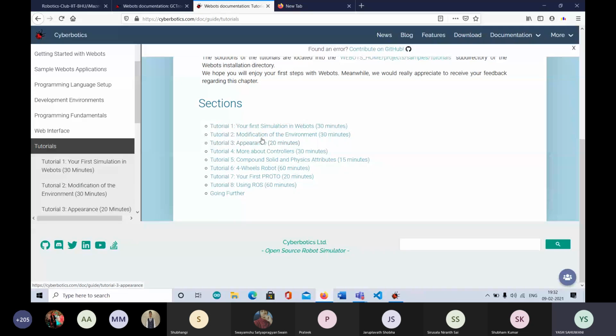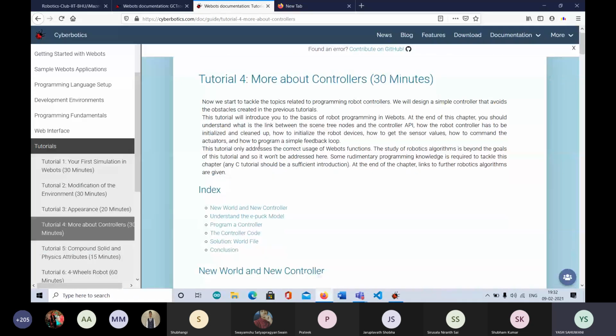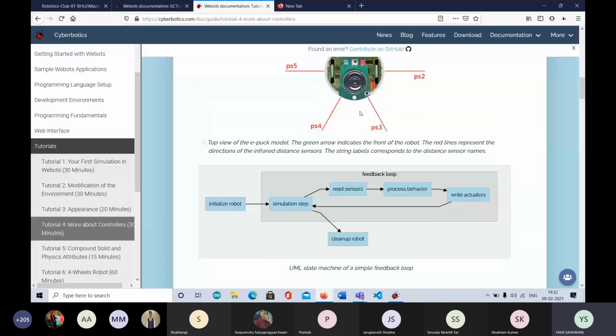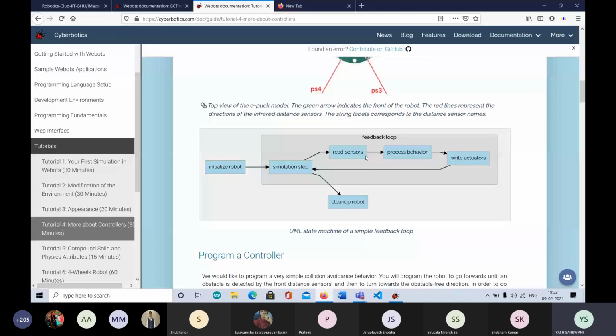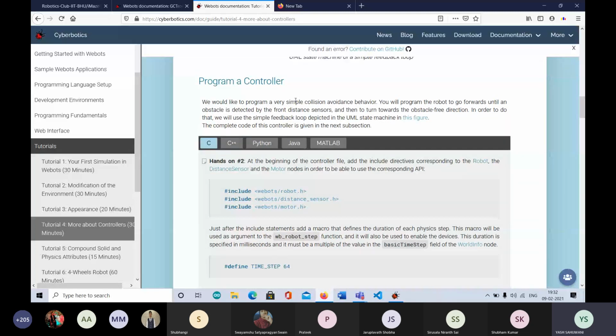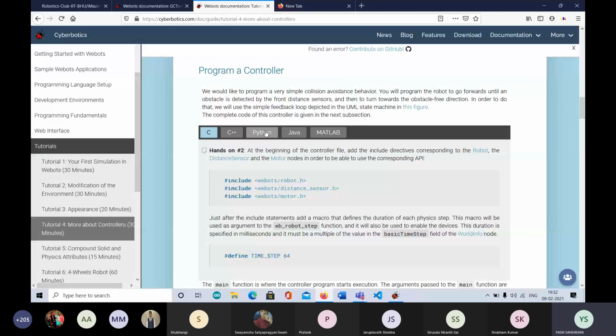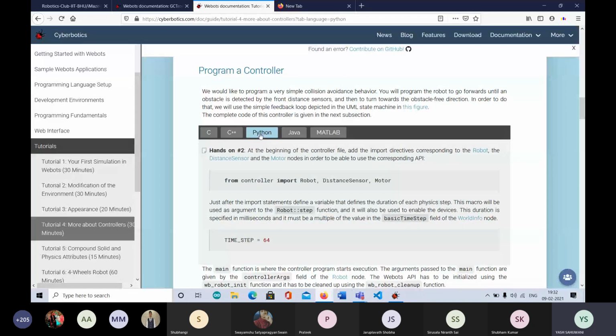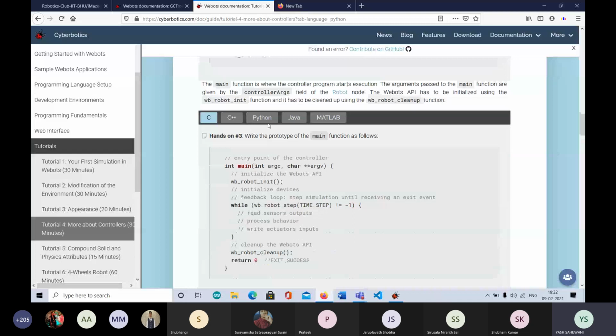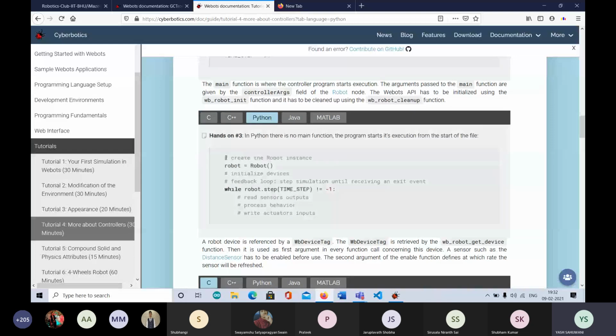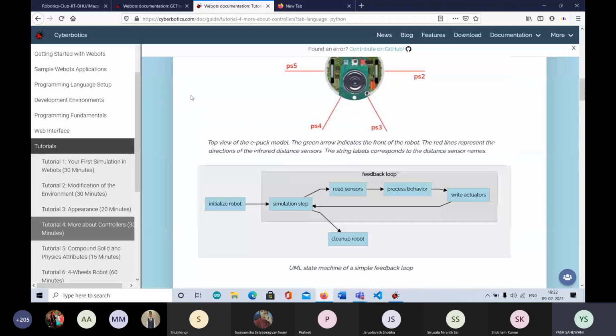Obviously, arenas and appearance and stuff we have already done for you. You need to work on the controller part, that is making a controller, and everything is mentioned here. There'll be some more details, like here if you can see initialize robot. If you want, you can go into the details. Here you also need to click on Python to get the exact syntax for everything. If it's showing C or C++, then make sure to click on Python so that you know this is the way. For example, here you can see Python. So that's the thing.